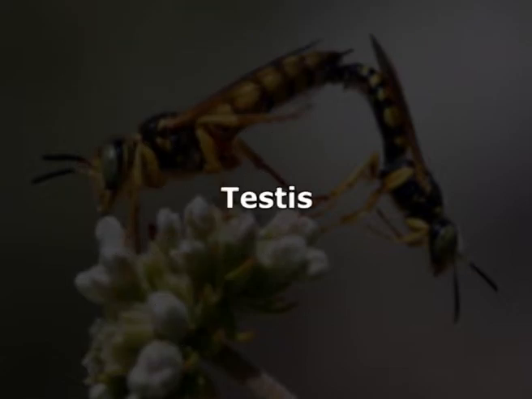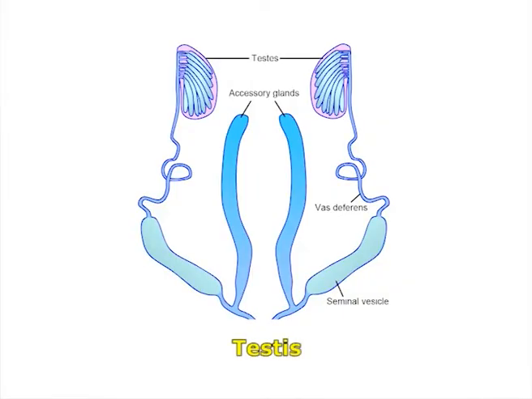Testes. Plural of testis. The pair of testes is practically the same as that of the ovaries in Apterygota and very much smaller in Pterygota. They lie in the visceral cavity above the alimentary canal and are connected to the body wall through translucent ducts and are well supplied with trachea and fat body tissues.